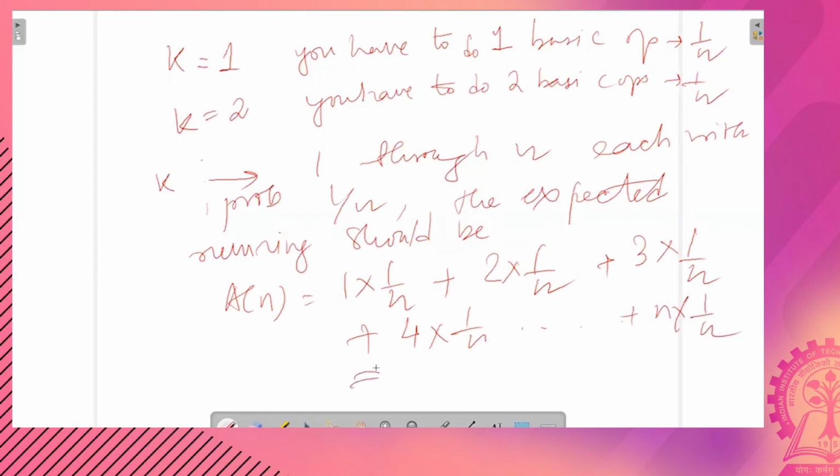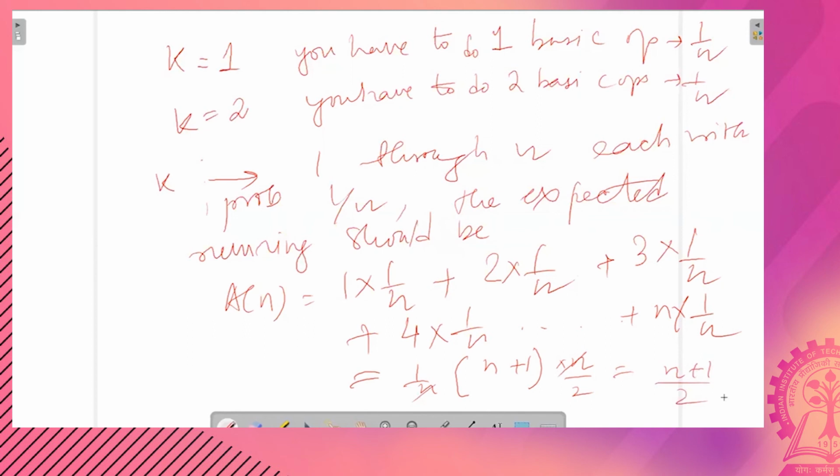And this should be equal to 1 by n into n plus 1 into n by 2, that is equal to (n plus 1) by 2.